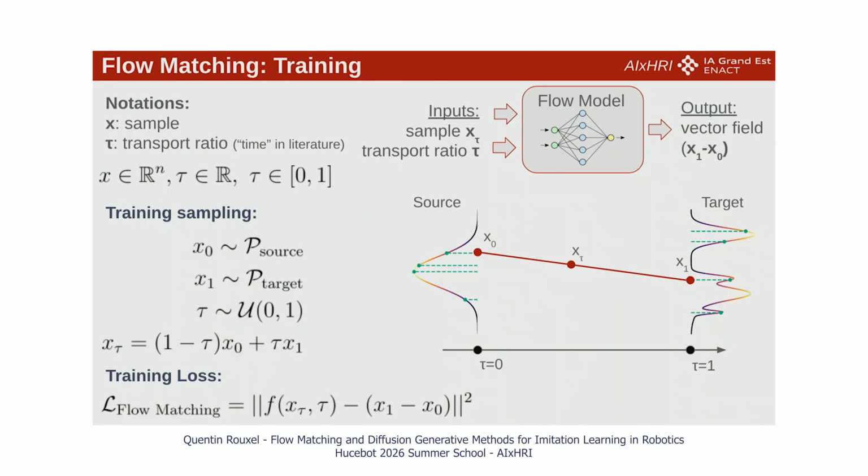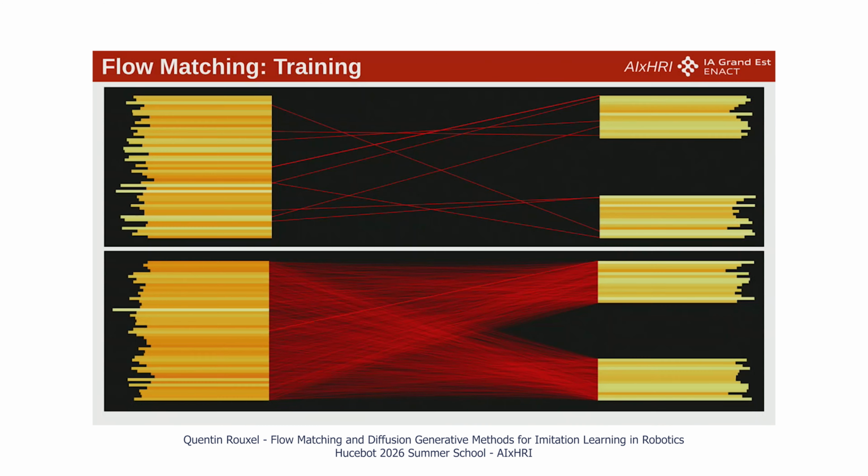Remember that here the input of the model is a sample x and the transport ratio tau. So if our target distribution is of dimension 1, this is a scalar of dimension 1. So the thing that we are trying to learn is a vector field of dimension 2 here, which we can display here. So if we do that straight line many times, we end up with this kind of